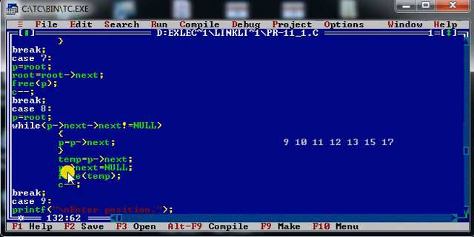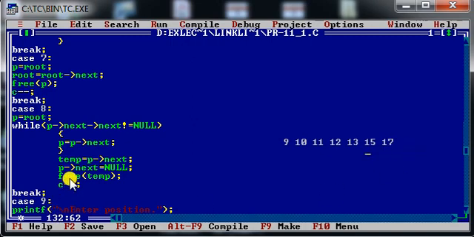Then after, I am setting p of next. P of next means now I am overwriting the next part of element 15 by null, because now I would like to break this link, and that I can do with the help of this statement: p of next is equal to null. It means the next part of element 15 will be replaced by null, and this 17 will be separated out from our linked list.